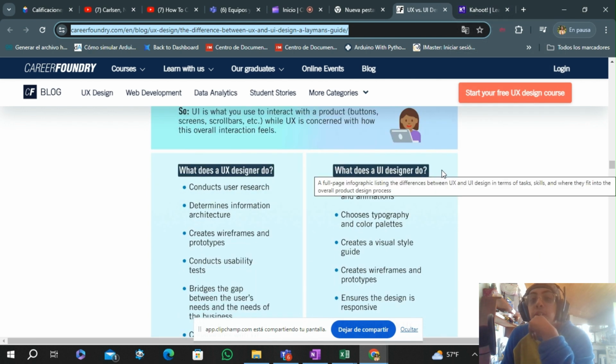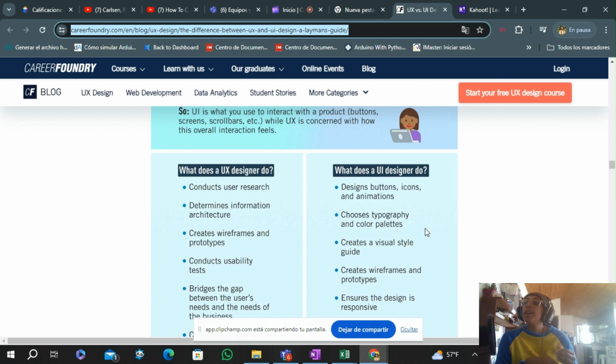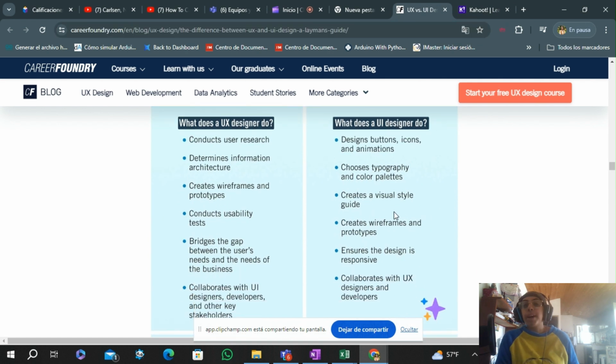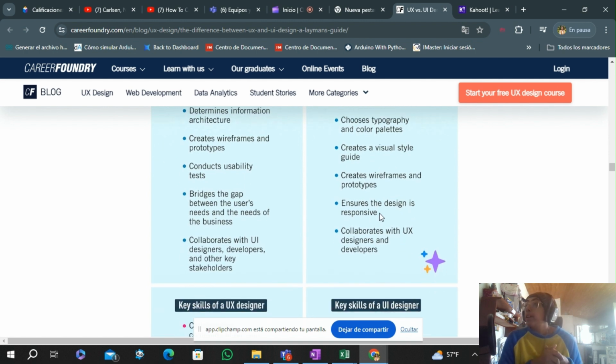So we're gonna do the same in our case. We're gonna try to identify the color palette and identify a typography that can identify our brand. So create a visual style guide. This is very important because remember that the idea is we can ensure to the clients a good experience and the information can be clear for the clients, that the clients don't have difficulties or problems to access our product. And this is not the idea. The idea is that the client can feel comfy with his or her navigation,